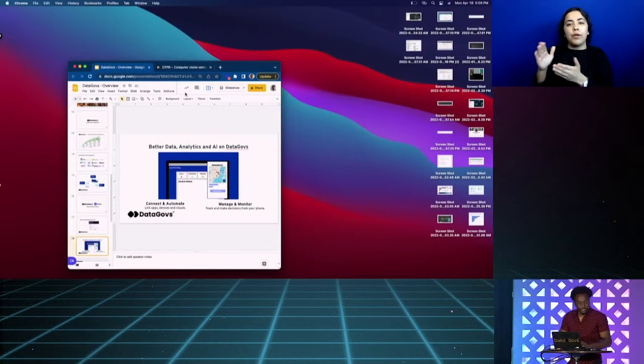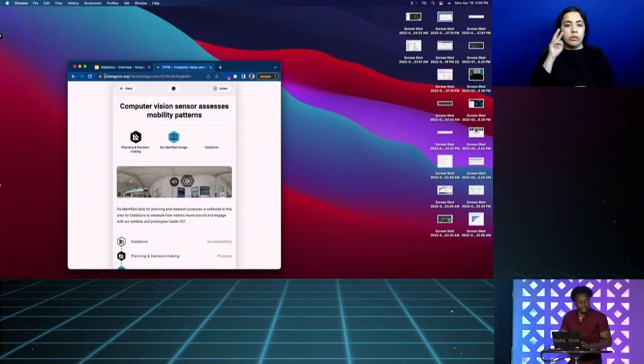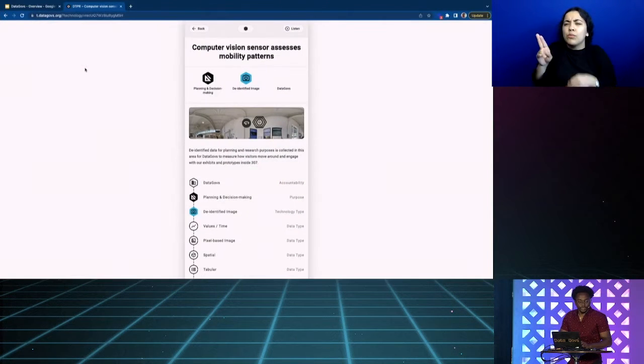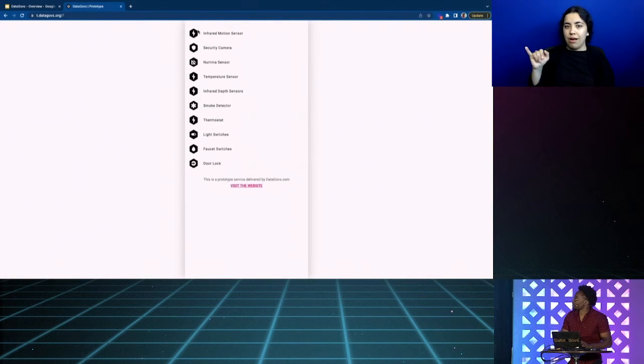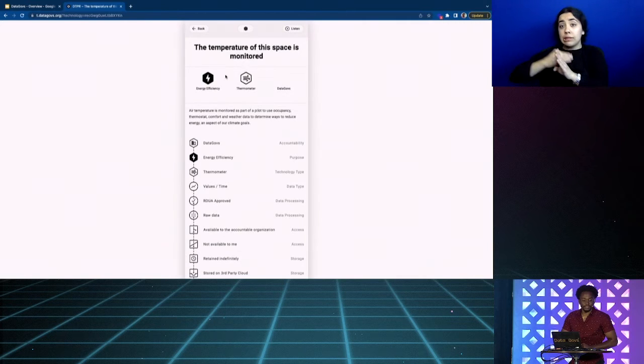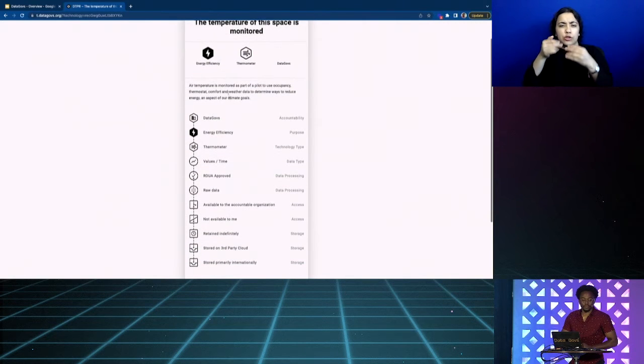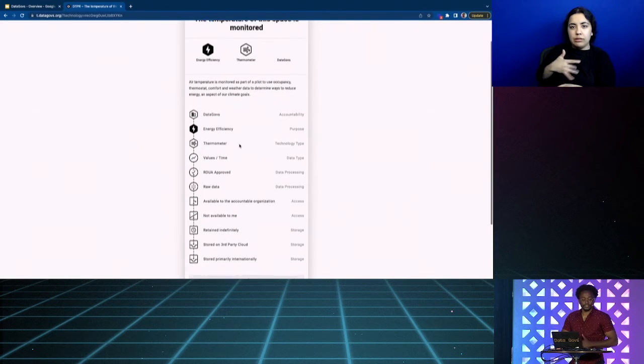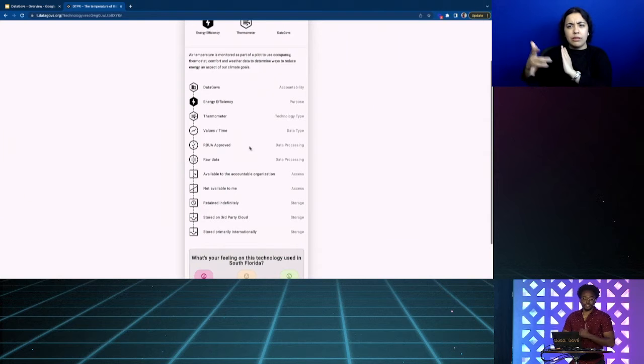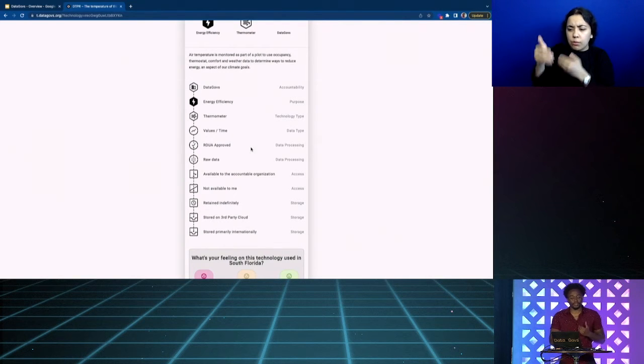What this comes down to, to showcase this a little better, is simple UIs that make it really easy to create a standard around data. So in this UI piece that I'm just showing to you, which leverages DataGov's API, I'm able to show you different things such as symbols around sensors. So on top here, you have infrared motion sensor, you have a security camera, you may have a temperature sensor. But what we found is by making it really easy to break down the use case of the sensors, you can find the accountable organization that is behind the sensors, the purpose of the sensors, the technology behind it, and even get down to how it's doing data processing, who's accessing it, and who has storage.